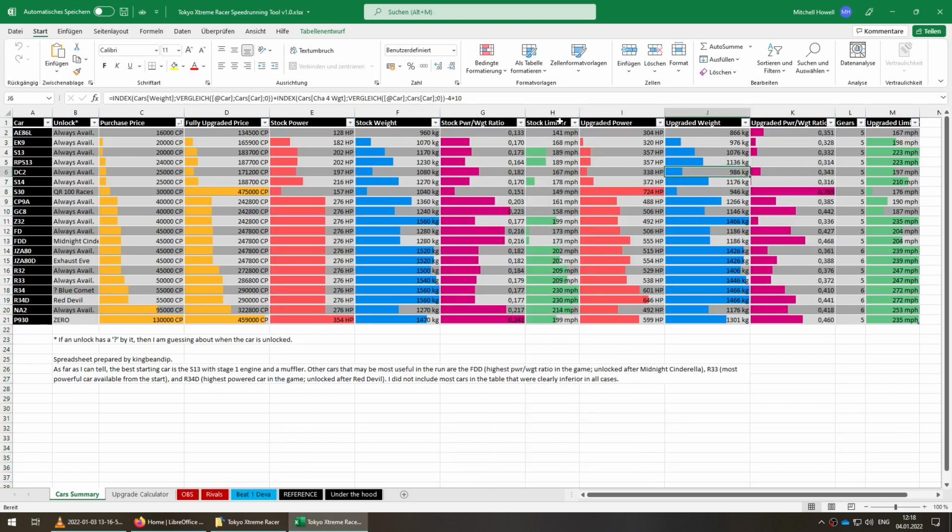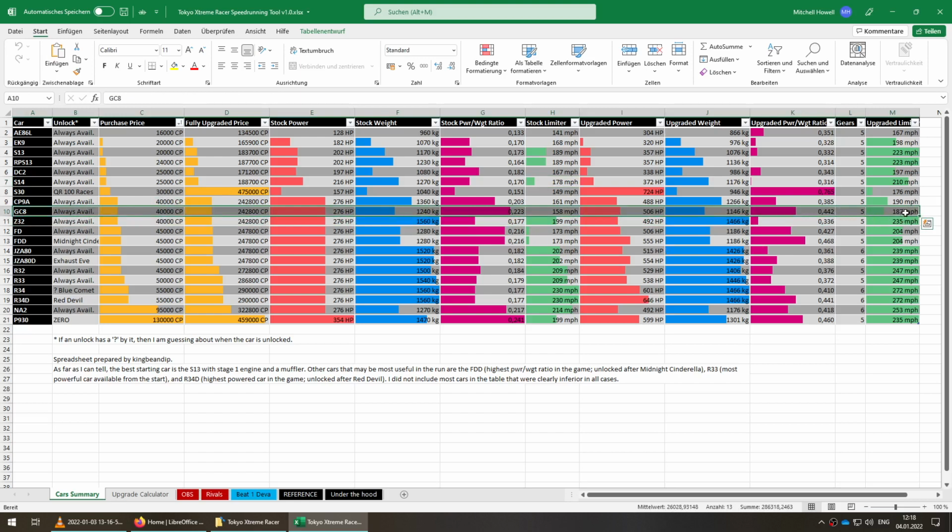This is how highly the car can be geared. Some cars have very poor gearing, such as the Subaru GC8, which fully upgraded can only go to 187. That's the limiter, so you won't actually be able to hit that speed. Anyway,